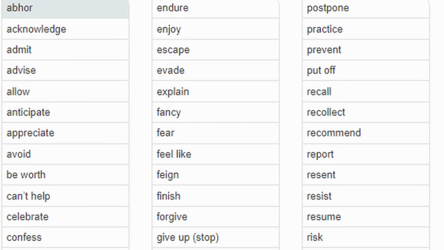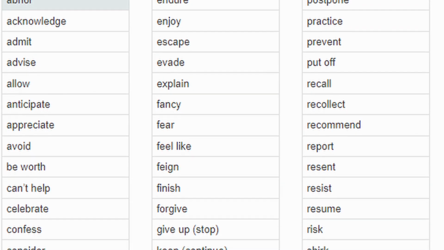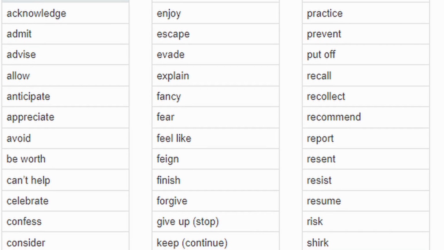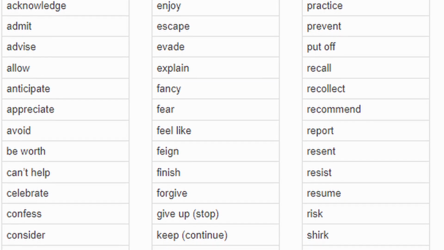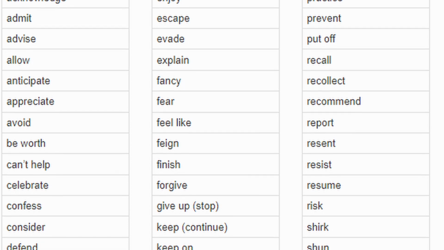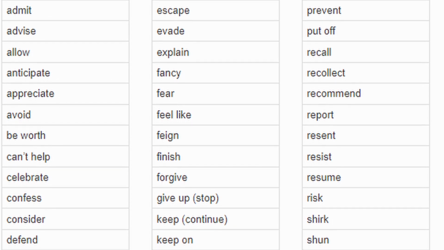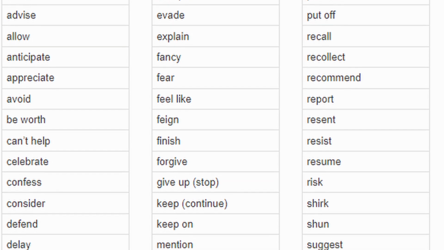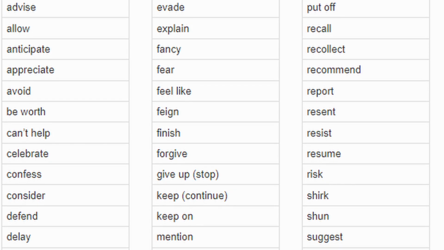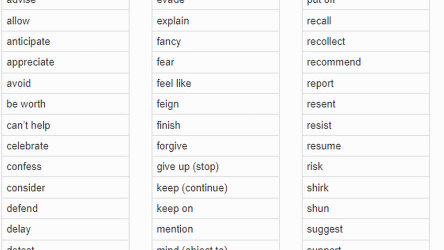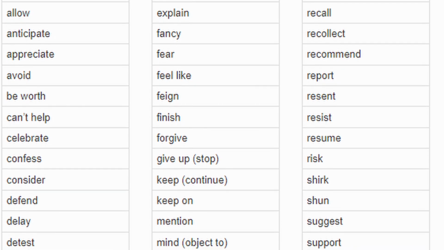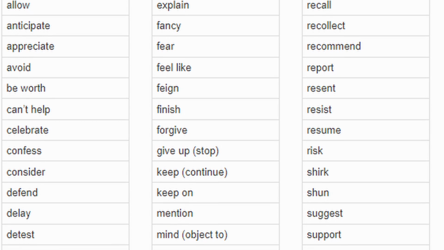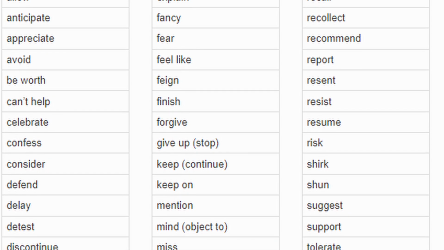Okay, the verbs followed by a gerund are abhor, acknowledge, admit, advise, allow, anticipate, appreciate, avoid, be worth, can't help, celebrate, confess, consider, defend, delay, detest, discontinue, discuss, dislike, dispute, dread, endure, enjoy, escape, evade, explain, fancy, fear, feel like,